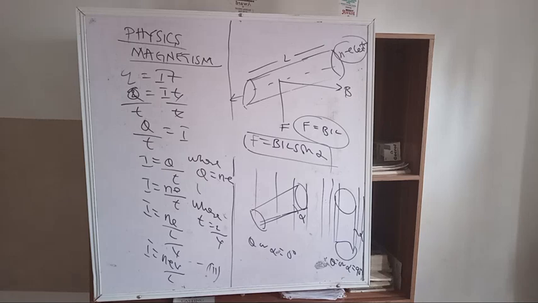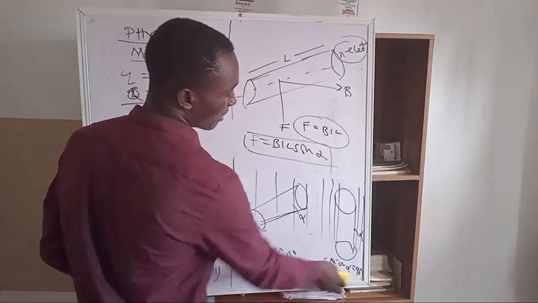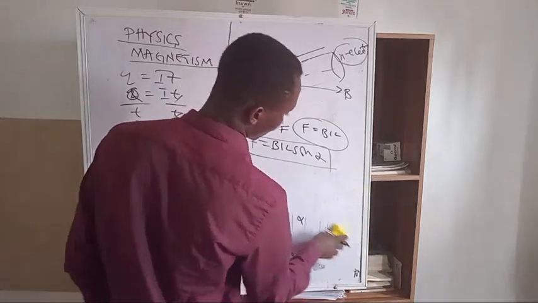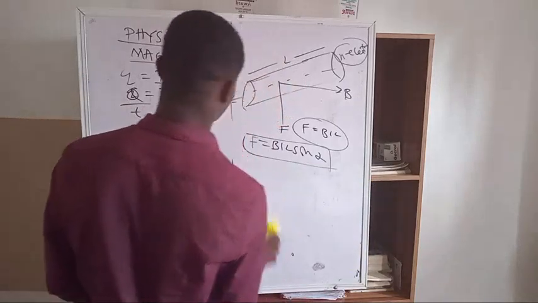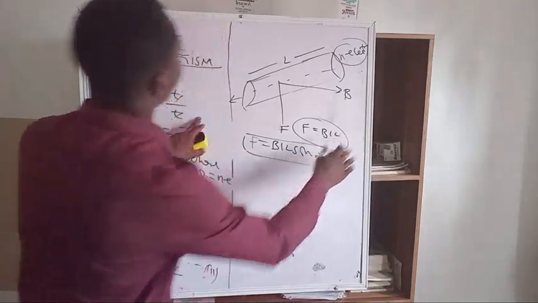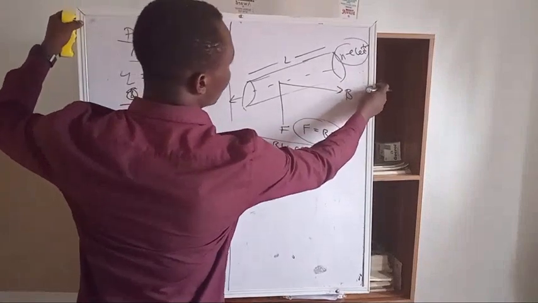to prove an equation. So what is the value of I that we have? Our value of I is now given to be NeV over L. So if I want to impute it, you can draw this diagram down for parallel and perpendicular angles suspended in the field, while our F is equal to BI sine alpha is the value of the force. So if that is the case, now I'm going to be having the value of